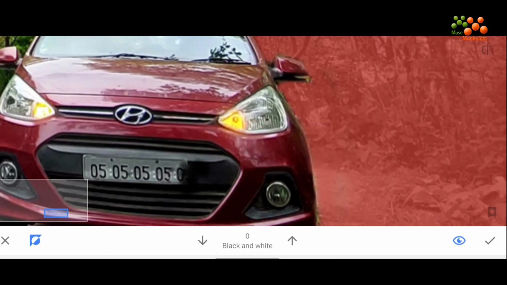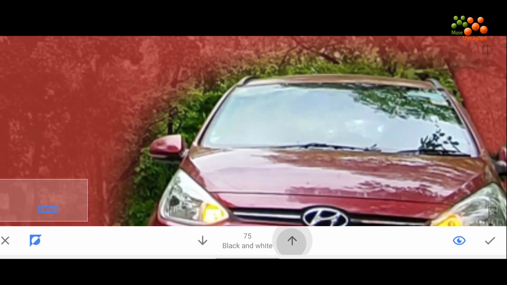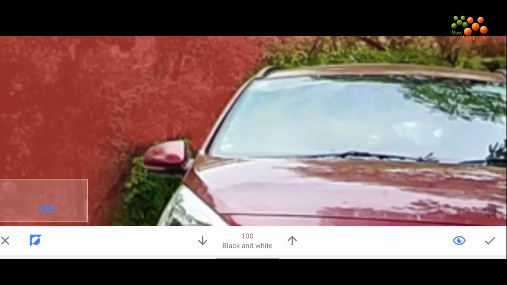Okay, so we will go to this side and I'm editing on this side as well. If it is overwritten, you can go to the minus and you can change that as well. So I'm making the value 100 and making it to the edges of the car, mirror.